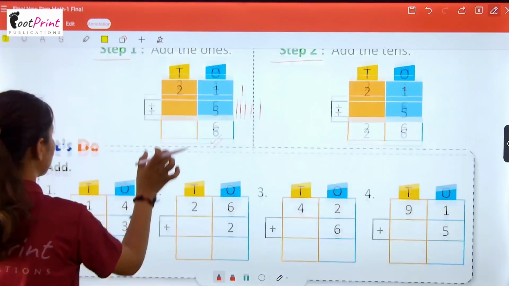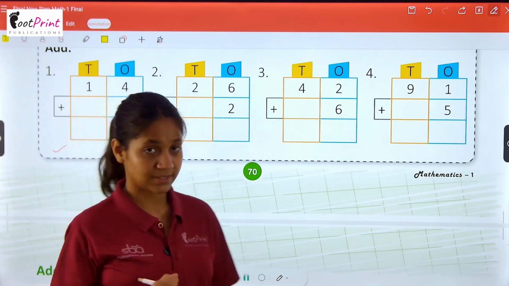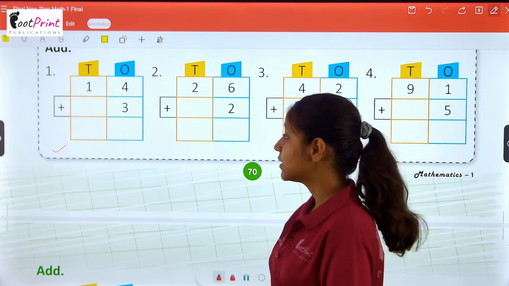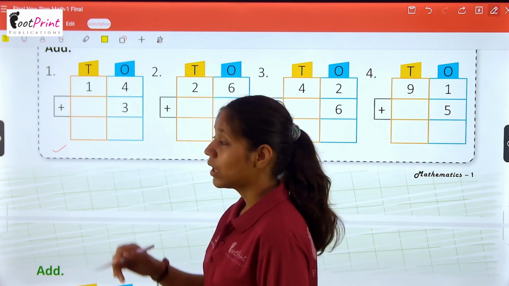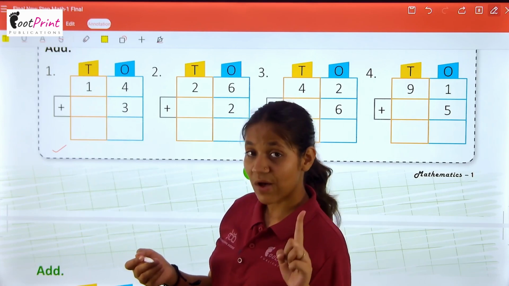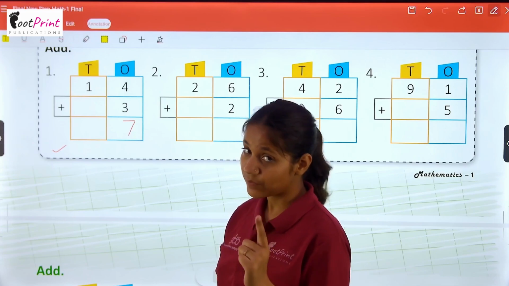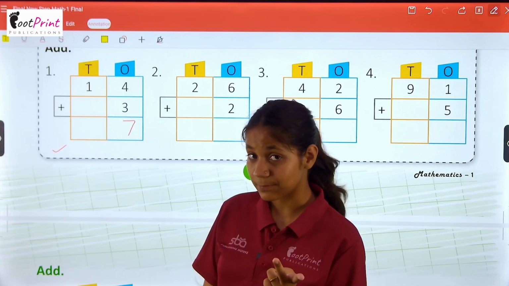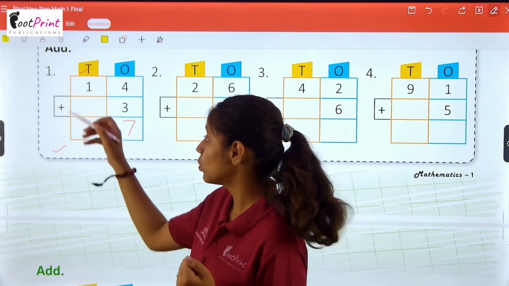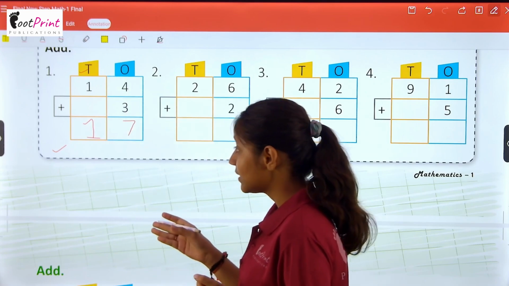Let's do add. Here we are provided with some columns and the digits. One I am doing for you and the others you have to do by yourself. 14 plus 3. So 4 plus 3. That is 4 and forward counting to 3: 4, 5, 6 and 7. So we write here 7. Step 1 is completed. Now step 2. What does step 2 say? Adding the tens. So 1 ten and no tens. So 1 plus 0 tens makes 1 ten. So the answer is 1 ten 7 ones, that is